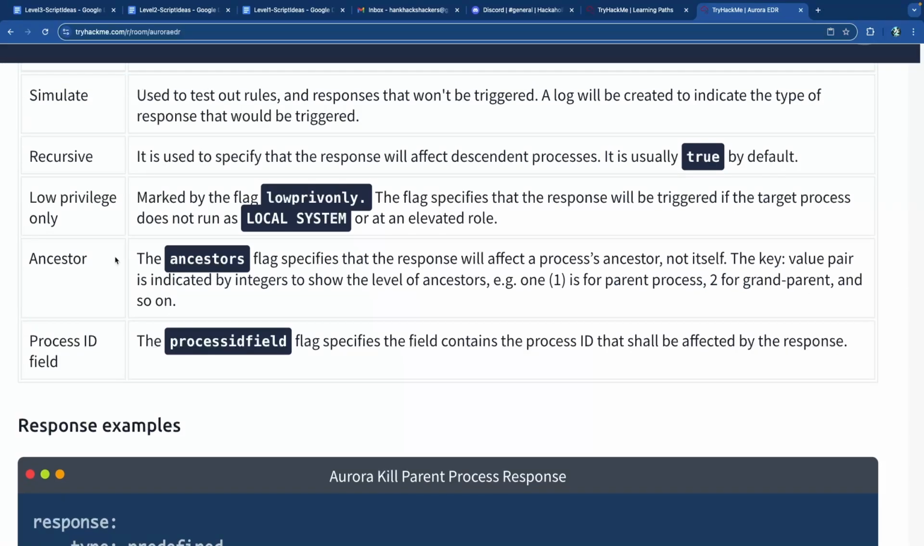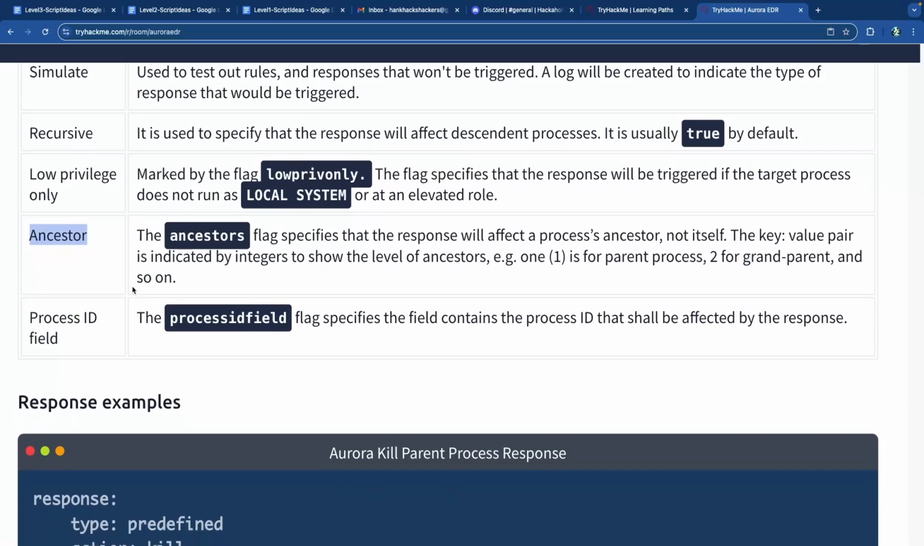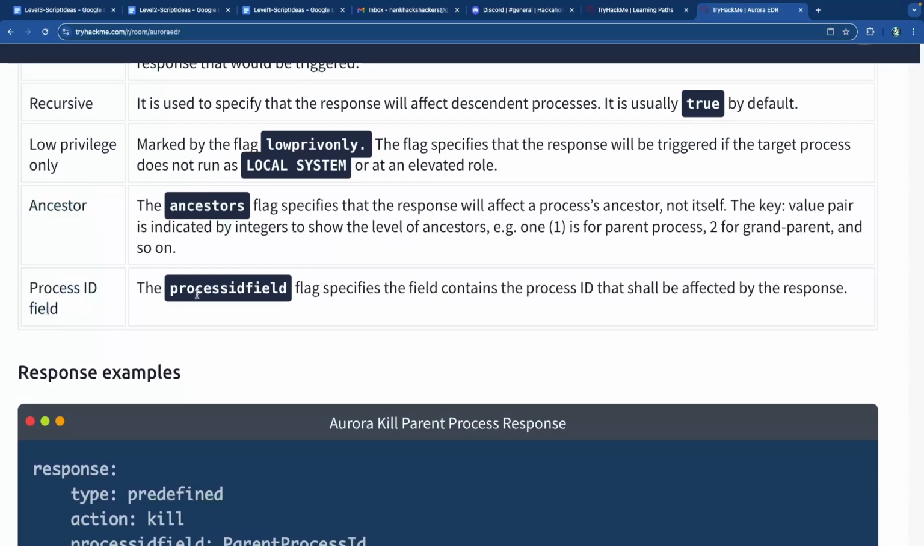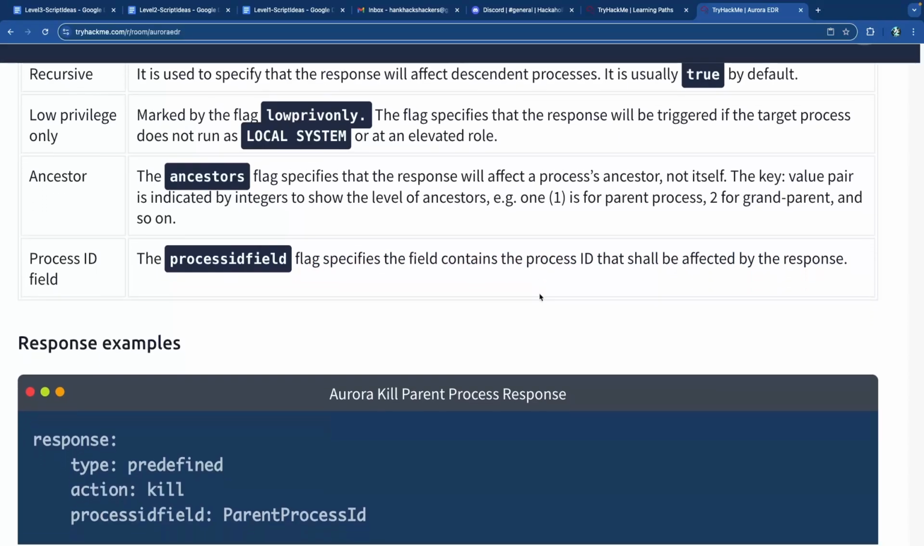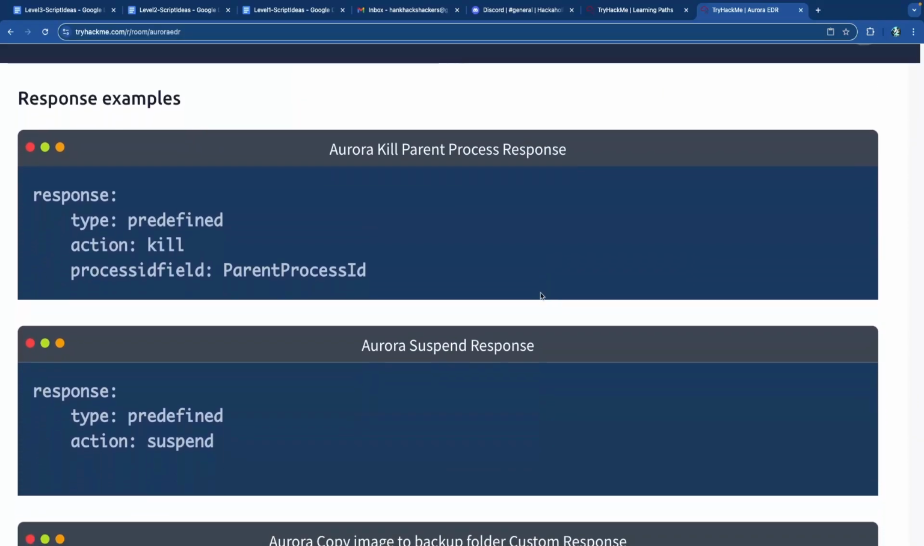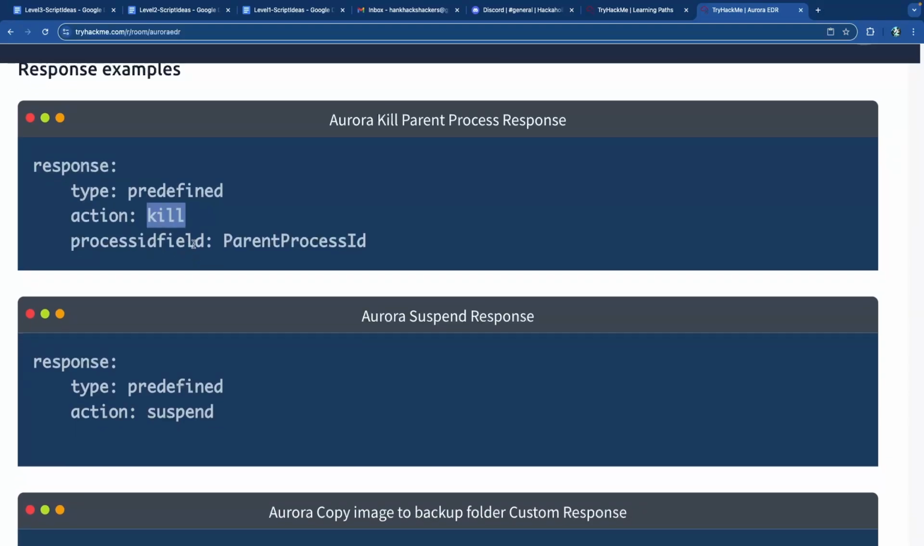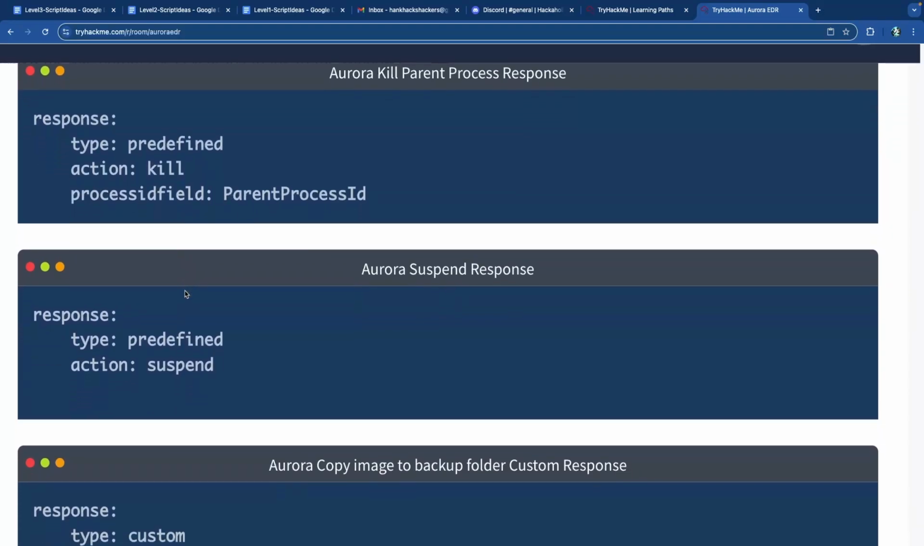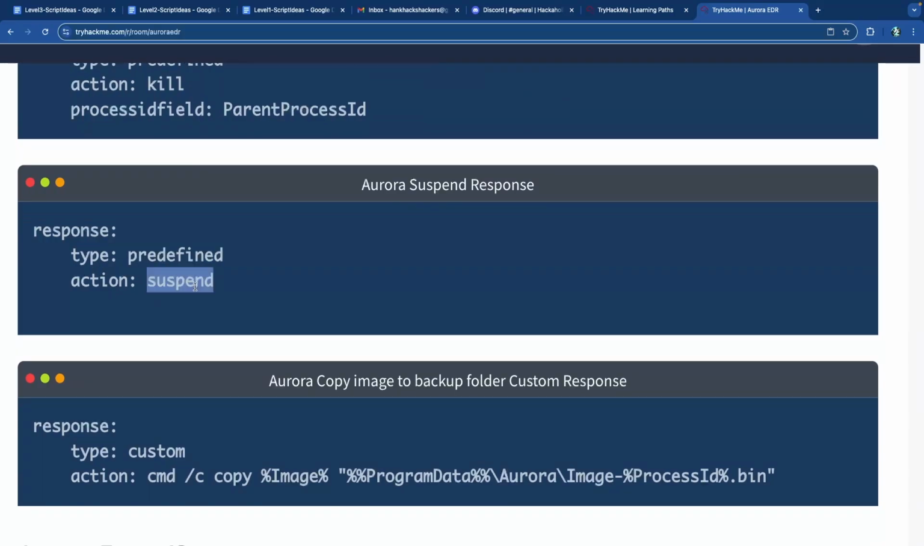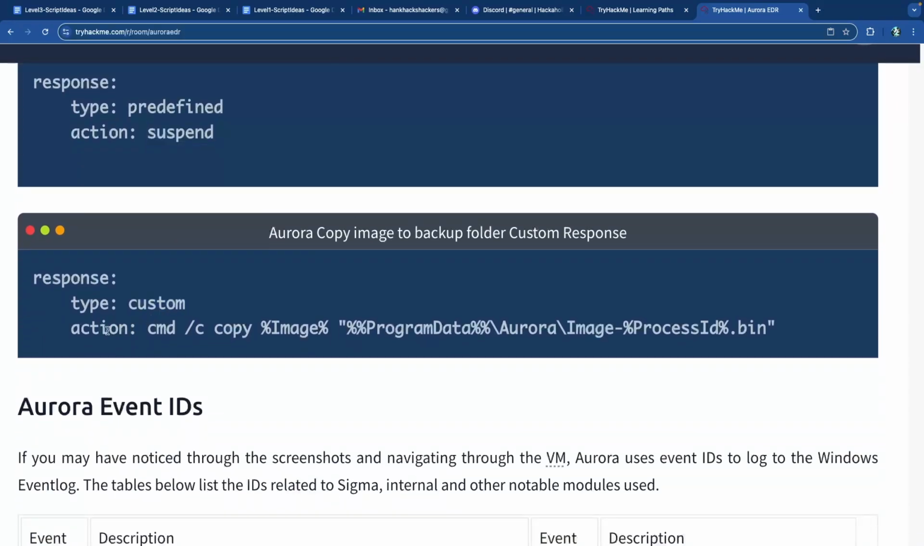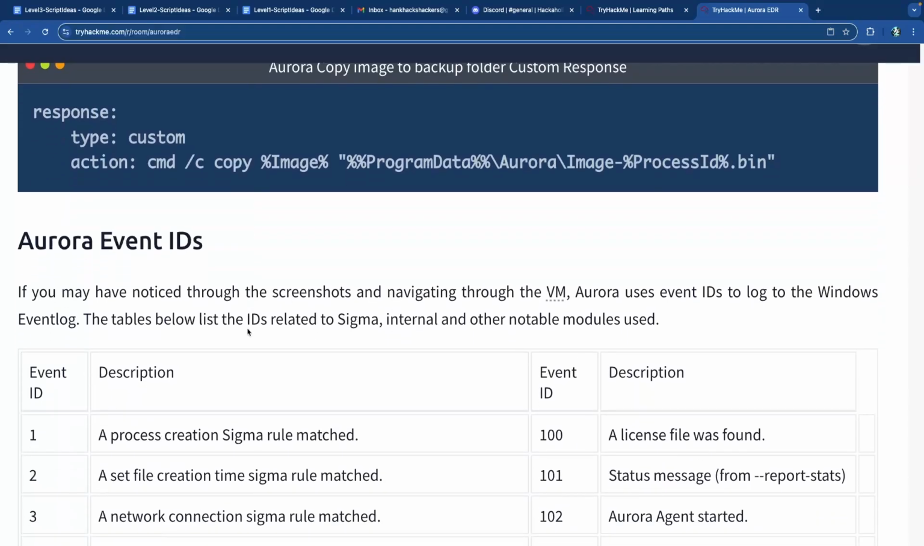I understand how this works. I like that name, ancestor. It's interesting. And then you have the PID, process ID. The process ID field specifies that the field contains the process ID and shall be affected by the response. So the response could be, this is a predefined type of response, the action is to kill, and parent process ID is what we put in over here. Predefined suspend, custom, and then this is the action. The action is the actual command that you run. So it's the CMD, copy the image from program data, yada, yada, inside the binary,